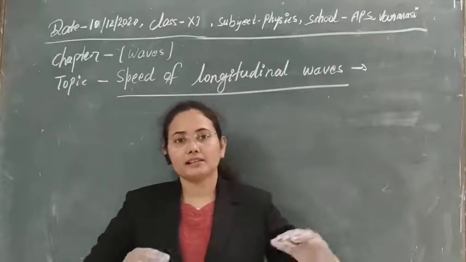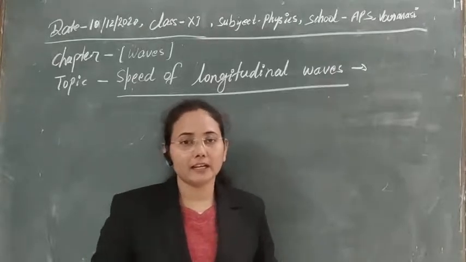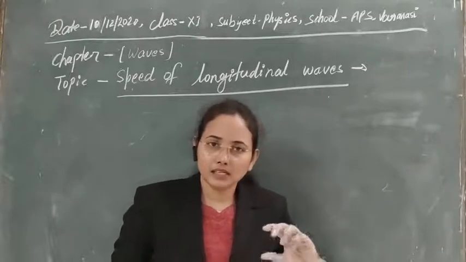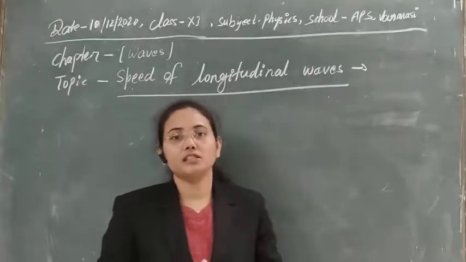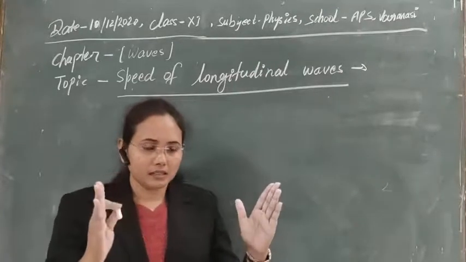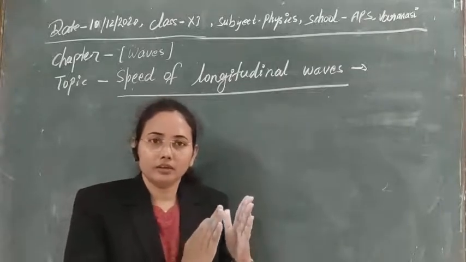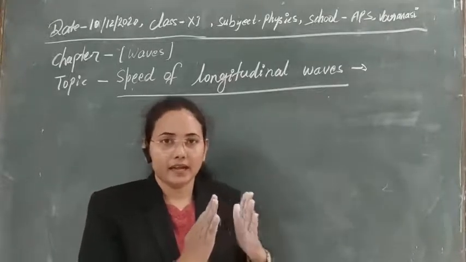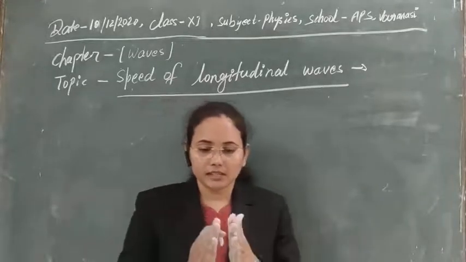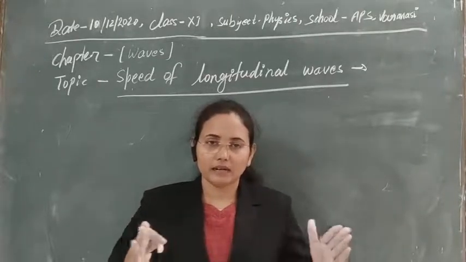Whenever there are rarefactions and compressions, meaning a stressed portion and a diffused portion, we can see that there is a change in volume taking place, an effective change in volume. In case of compressions, the particles come closer to each other, so the effective volume decreases. And in case of rarefaction, the particles are far apart from each other. You can see here they come closer and they go far away.